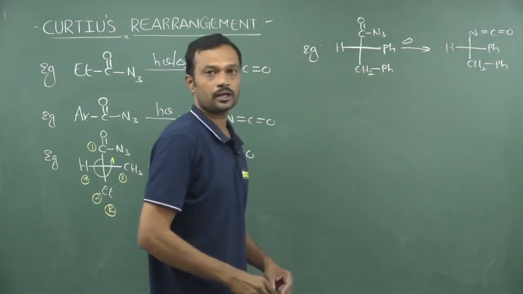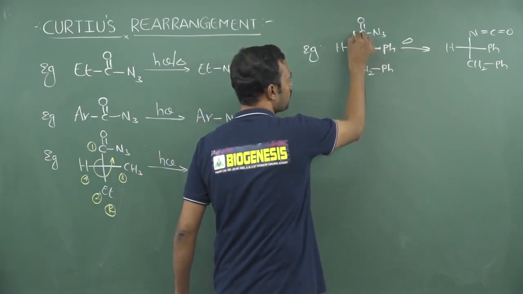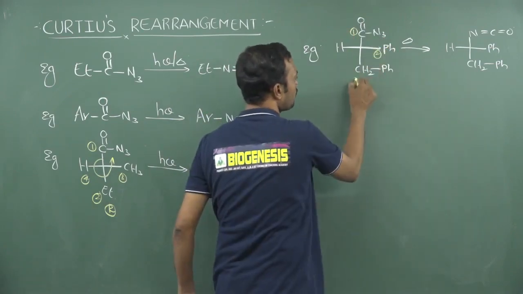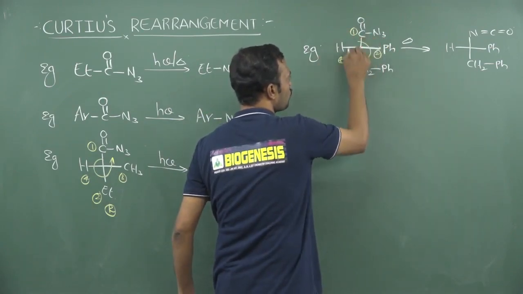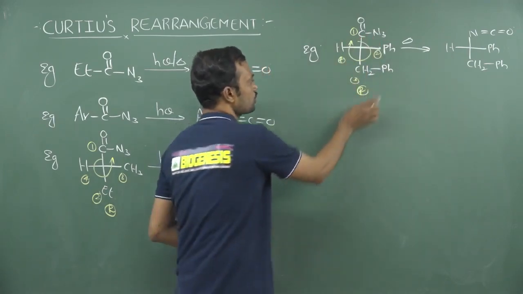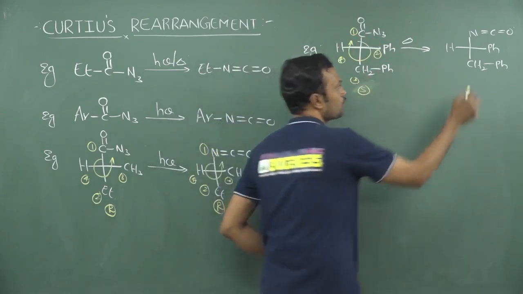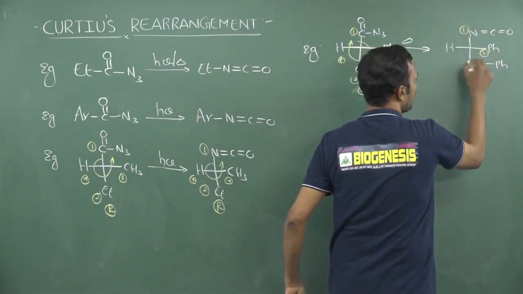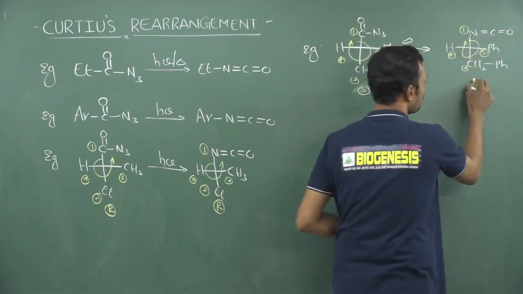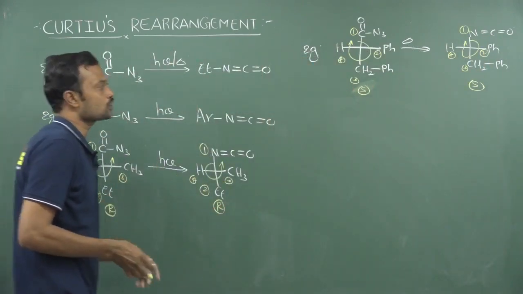Now if you go through priority orders, definitely carbon and oxygen, here only carbon and here carbon is present. So we can say this is first priority. Between phenyl and benzyl, this is second priority, this is third and this is fourth. If you go through this clockwise, it is S configuration. Okay, why? Because the least priority is in the horizontal line, exactly reverse. And here also it remains the same, first priority, second, third, fourth. Here it is clockwise, so S configuration. So the configuration is retained, so it is a completely retention-of-configuration reaction.